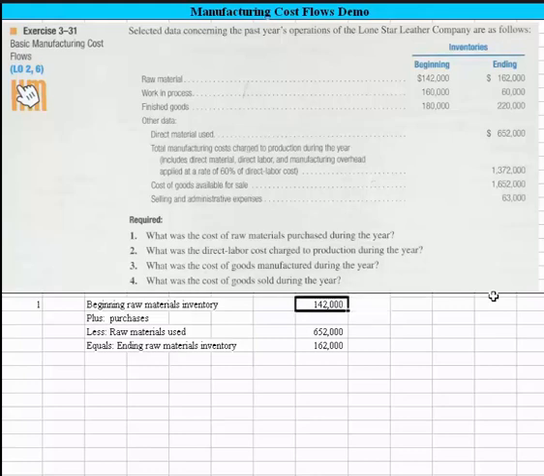So we essentially could say that this is A plus B, less C equals D. So if we use math to solve for that, then we can solve for B. So we're going to say that D is equal to A plus B minus C. Now let's put in what we do know. 162,000 is equal to 142,000, plus an unknown, minus 652,